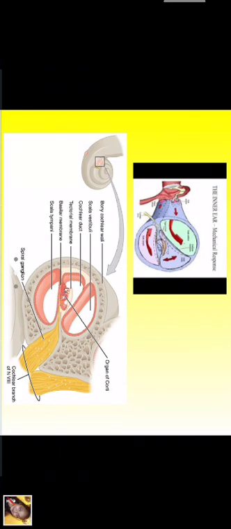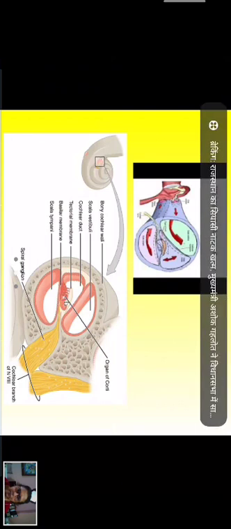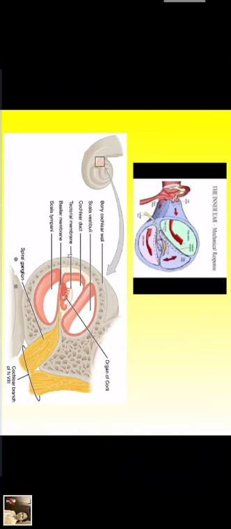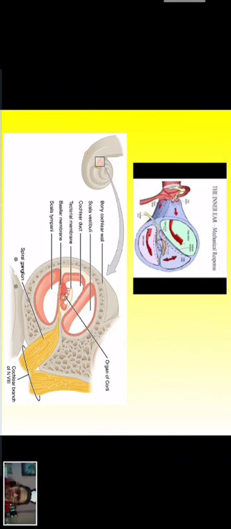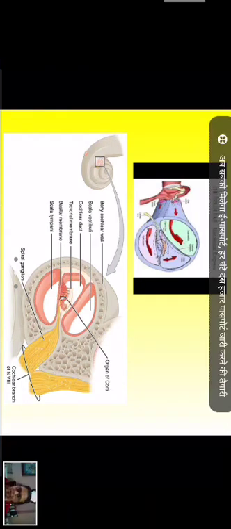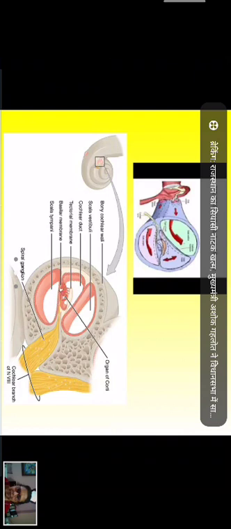At the top of the organ of Corti hangs this membrane. This membrane is called the tectorial membrane. The tectorial membrane hangs over it, and it is made up of several types of cells. So what are the auditory receptors? What are the receptor cells?